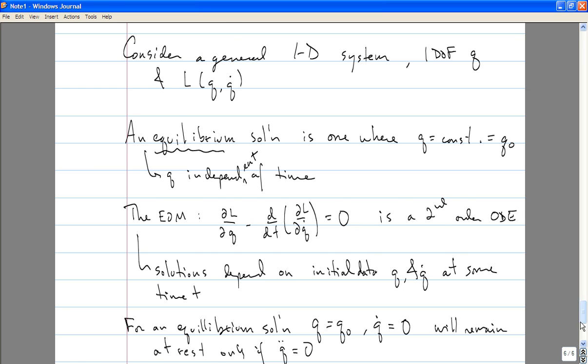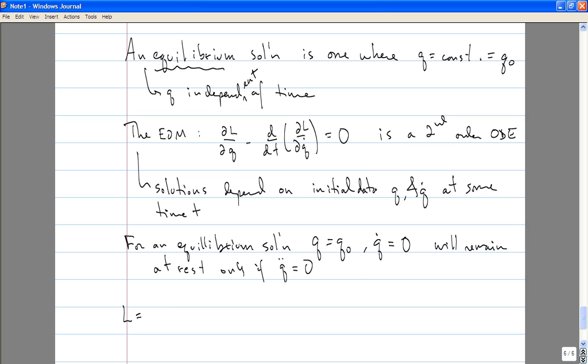Well, the Lagrangian is the difference of the kinetic and potential energies. So if we write down the Euler-Lagrange equations explicitly, then we have the first term, which is the derivative with respect to t of the derivative of the Lagrangian with respect to q dot. V is independent of q dot, so that is just the derivative of the kinetic energy with respect to q dot. Plus the two terms involving the derivative of T with respect to q and V with respect to q.